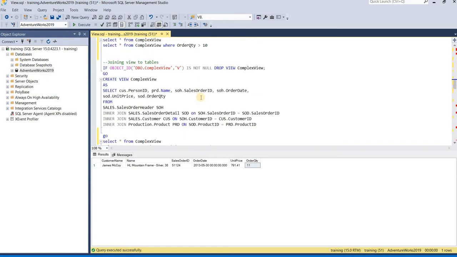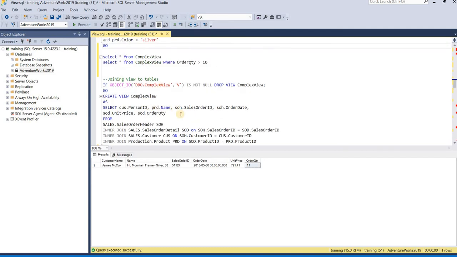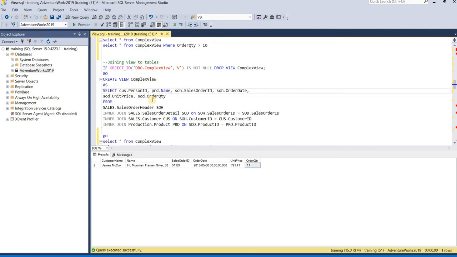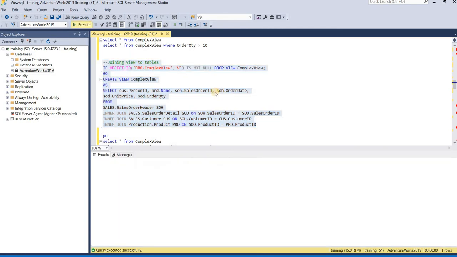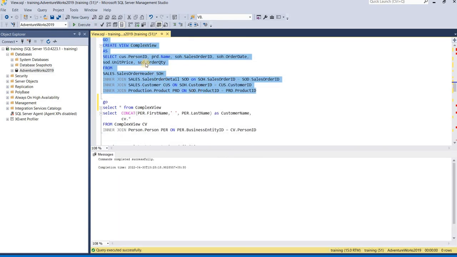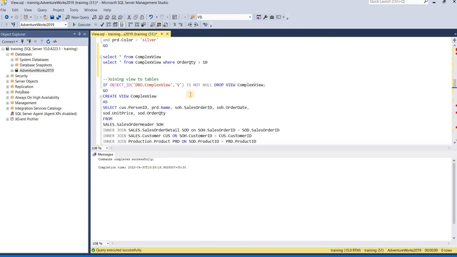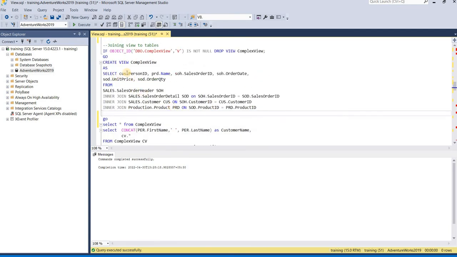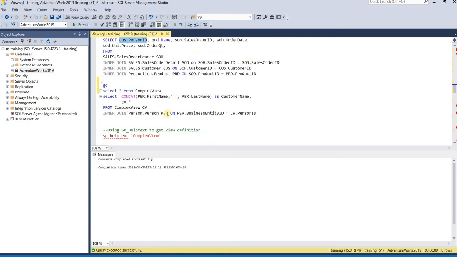Okay, now, as I told you, it acts as a table also. So now we are going to join this view, our created view, with one of the tables. Here, in my view, we have this view here, if you can see. So let me create this view, and I have removed the customer name part here, and I have just selected person ID from my customer database, and now outside of the view, we are going to